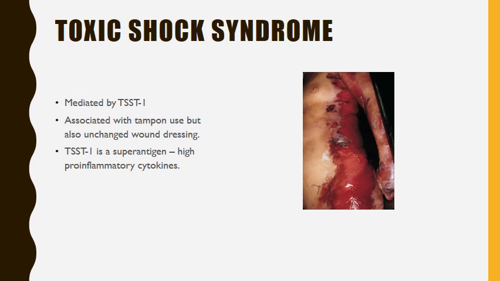Okay, the last and by far the most severe disease associated with Staph aureus is toxic shock syndrome. It was first reported in the 1980s as a complication of tampon usage. It was described in menstruating women. The reports showed a really dramatic increase in the incidence of toxic shock syndrome in